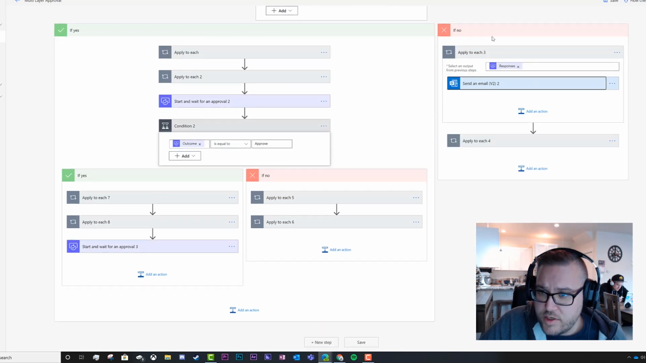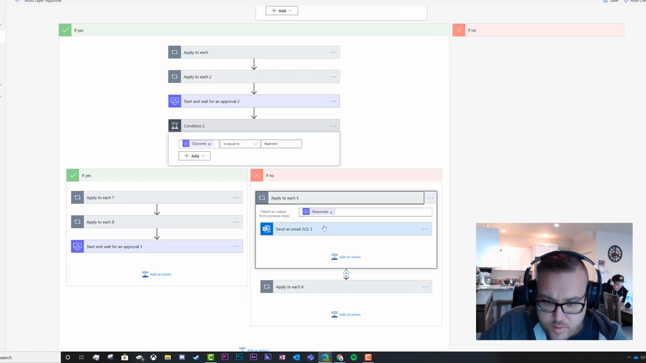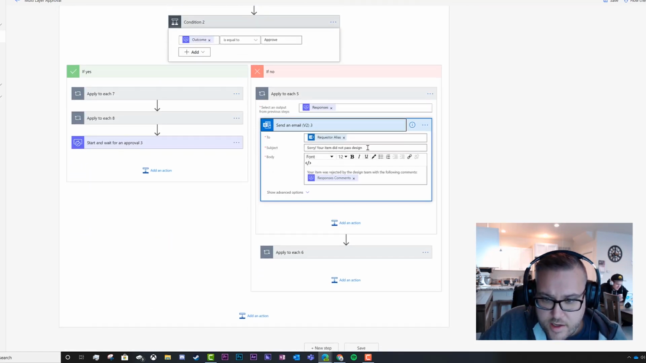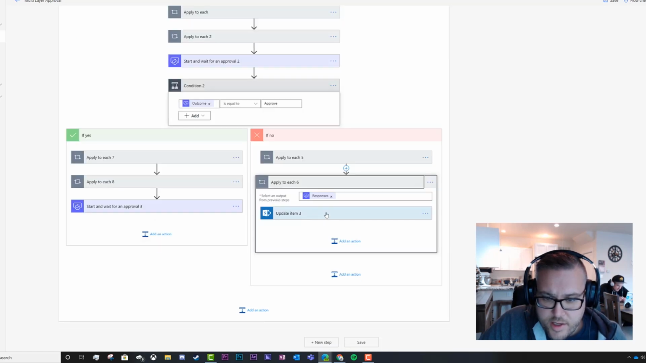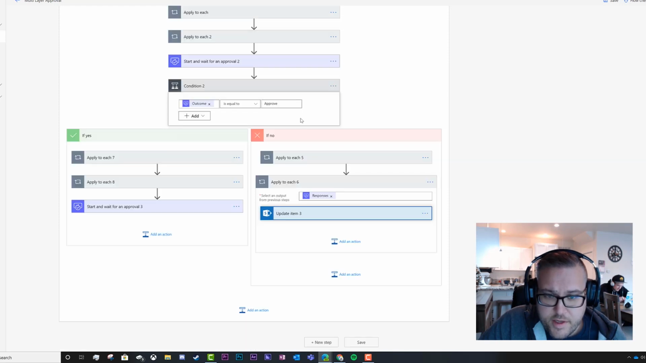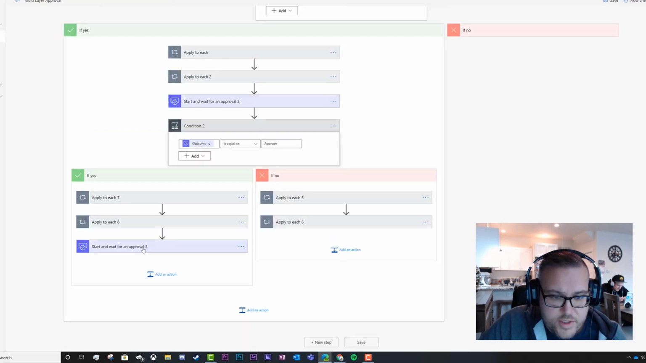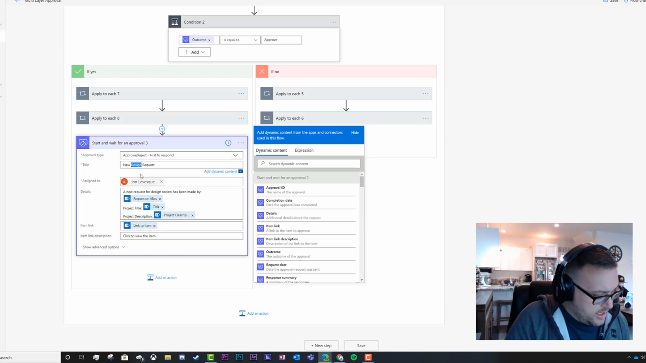Okay, so this one's good. We can leave that alone. This one needs editing. Okay, good. And these are for design. Good. Okay, so our if yes and if no is good, and we can now go ahead onto our third approval. And so now we're not on design. Now we are on